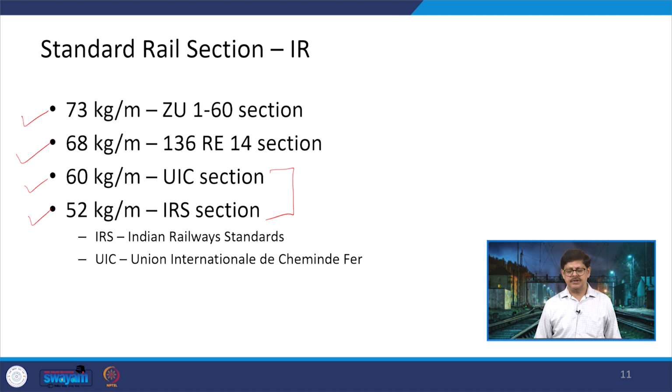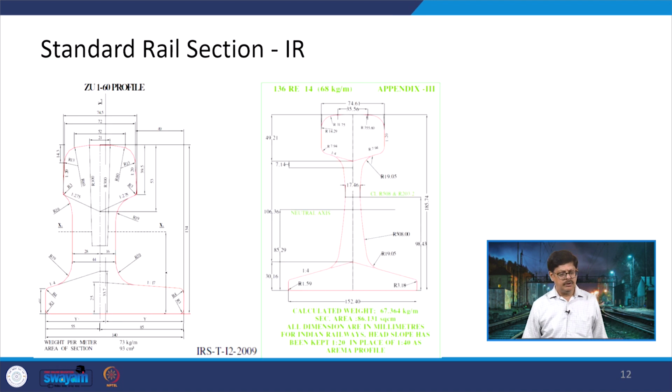So, these are the two sections which are mostly in use, but in the case of heavy load conditions, we can go to these other two sections which are also being defined as JU 160 section and 136 RE 14 section respectively. Now, let us have some idea about how these sections look like. Now, the first one, which is having a higher load, can have a weight of 73 kg per meter